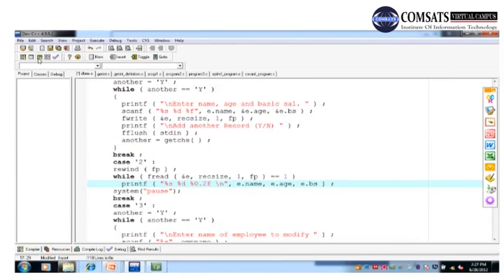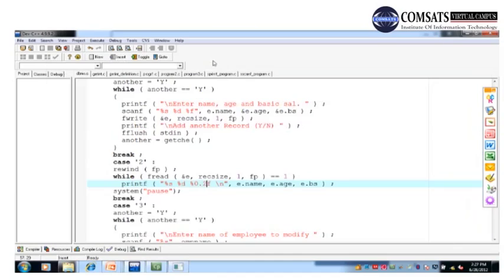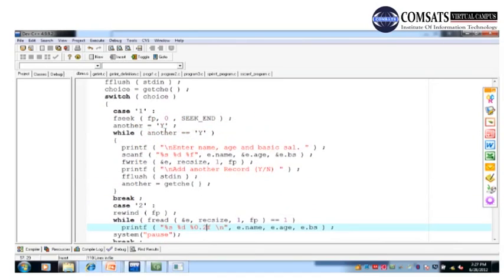Okay, now let's compile and run it. So add record, the name is Tariq, age is let's say 26, salary is 55,000. Add another record, yes. Okay, I think I pressed small y, and we haven't incorporated small y, so let's write over here or another is equal to